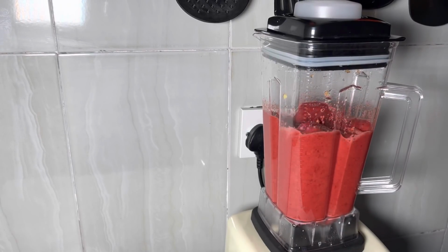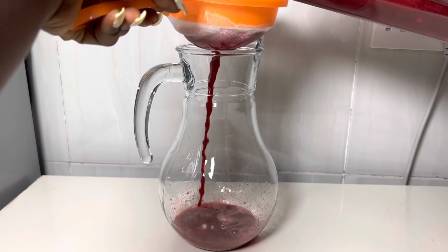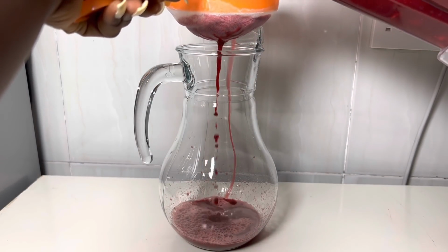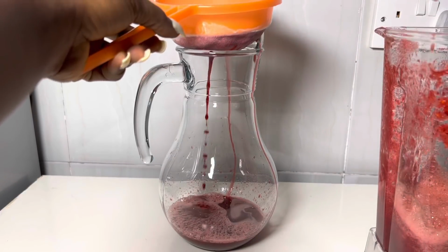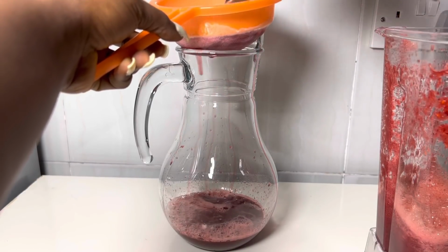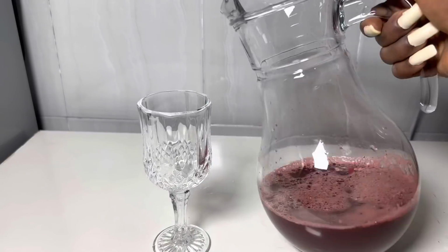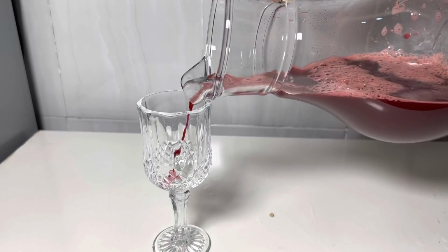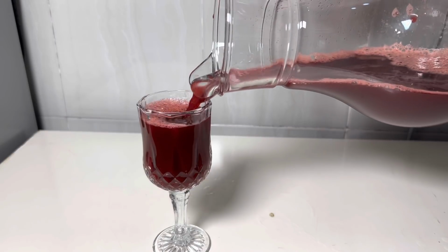So after blending, we are going to be sieving out the juice, separating the juice from the chaff. So make sure you press out the juice with something strong. If you need to add more water, then it's fine, but make sure that the ingredient is enough for the water you're adding. Then at the end of the day, we have our juice, and the juice is spicy and